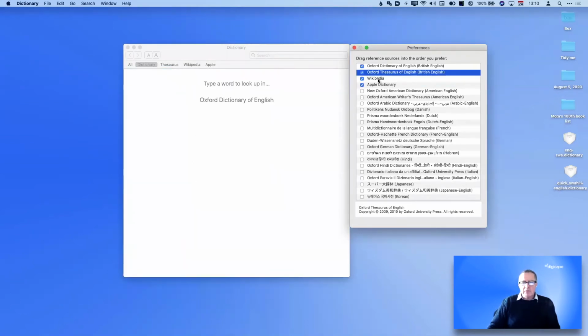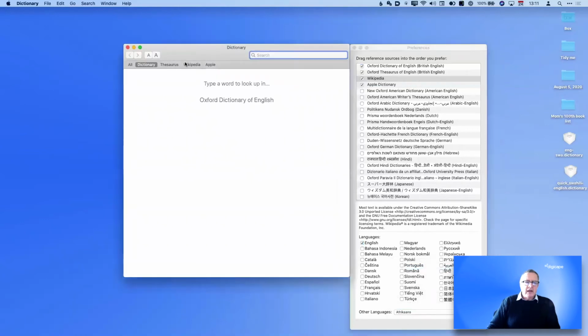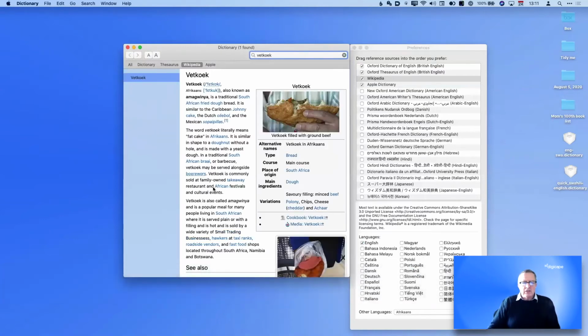Now, watch what happens when I click on Wikipedia. Wikipedia opens up at the bottom, and it also gives us the ability to add languages or add the Wikipedia specific sites that it searches. So if I go to other languages, what's first on top of the list? Afrikaans. So if I click on Afrikaans and I go to Wikipedia, well, if I typed vetkoek, it gives me a definition, but this is all in English because probably the definition for vetkoek is in the English Wikipedia. But if I type something like hond